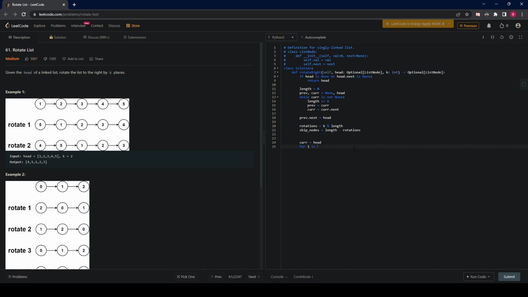For i in range, since we don't want to stop on a condition where it's none because there is a cycle or any other condition, we can use a for loop since we know the amount of, oops, I think that's one too many underscores. Skip nodes minus 1. So if we go for i in range of skip nodes, then we'll be at the node where